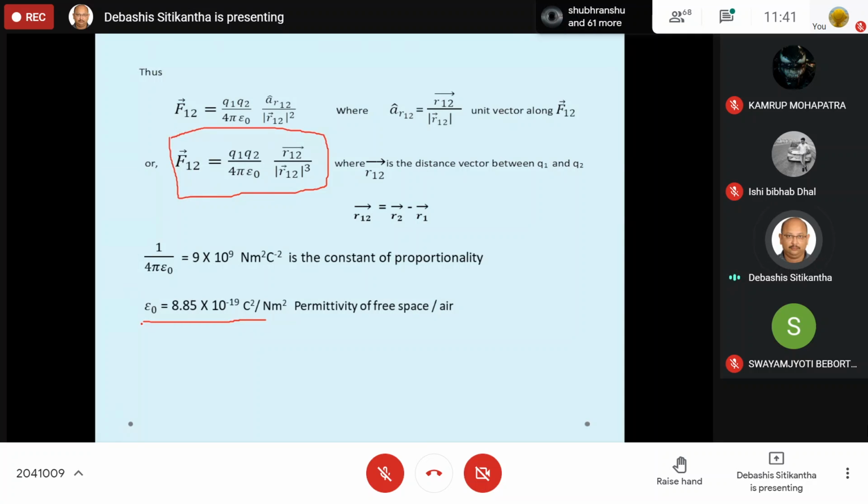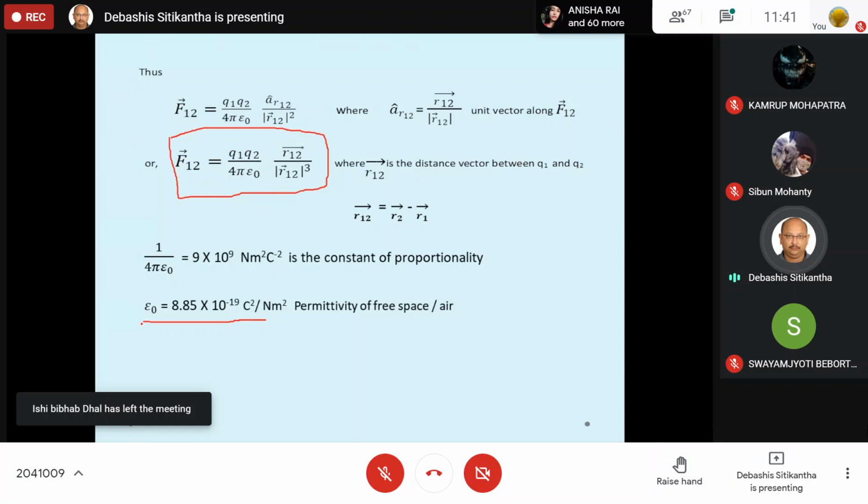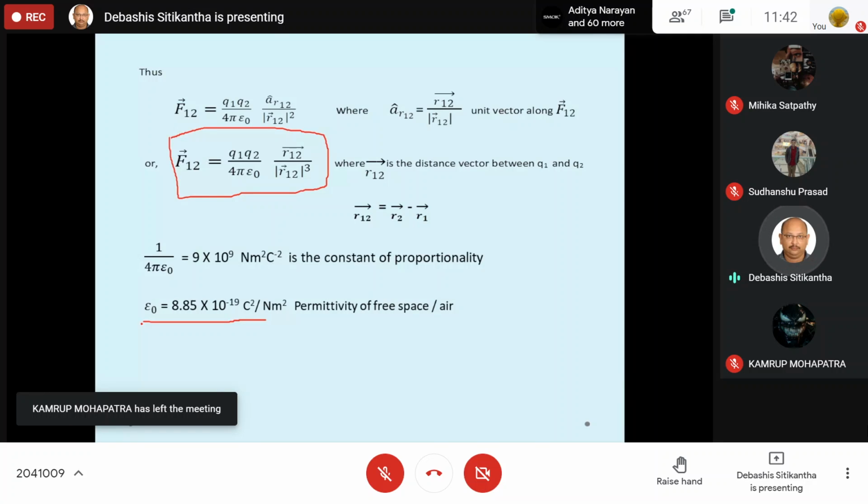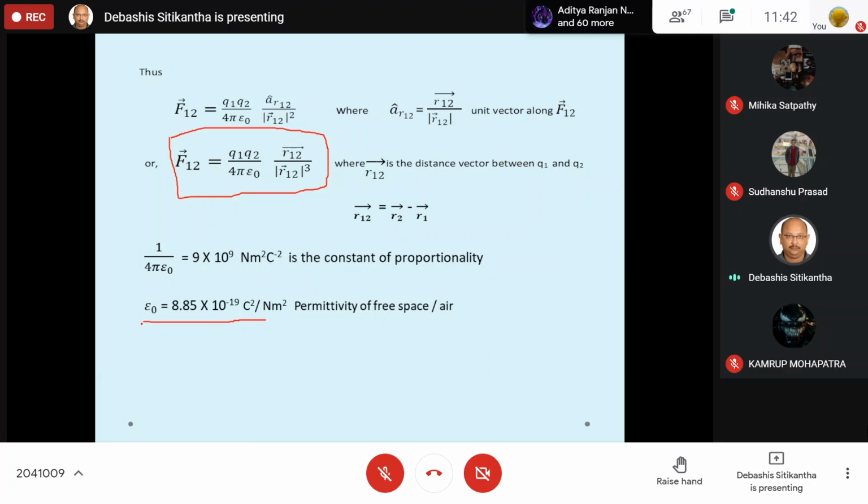Okay, thank you for trying. Is there anyone who can tell me what permittivity is? Any other answer you know? The ease with which the charges can move in free space. Okay, you are partially correct. It is not actually the movement of charge. If charges start moving, it is nothing but current, and the ease of movement of current is known as conductivity. So permittivity and conductivity are related, but you are getting only 50% of the marks. Is there any other one?